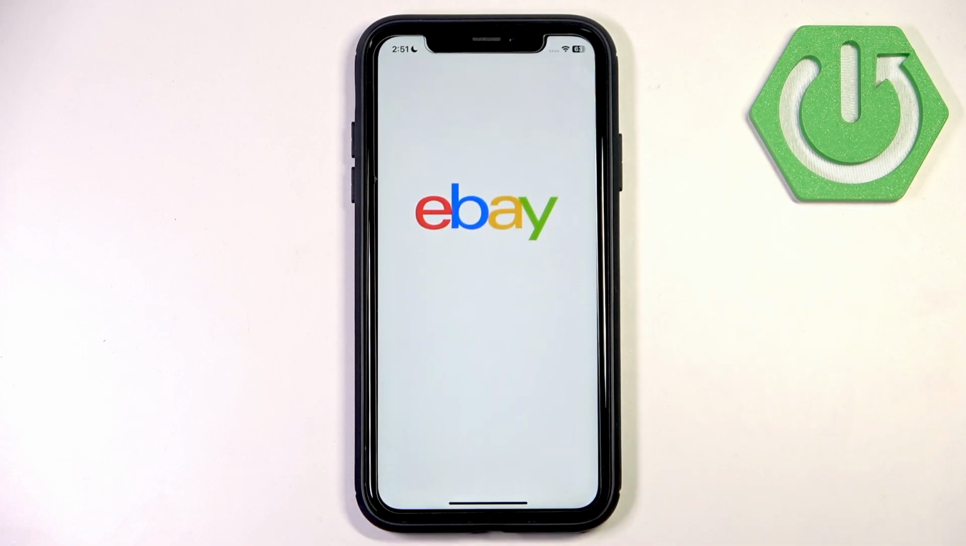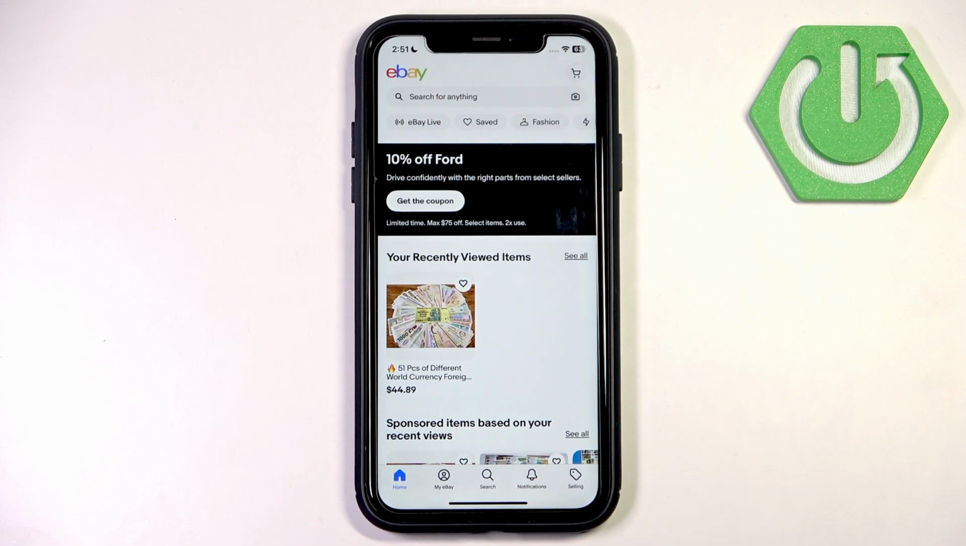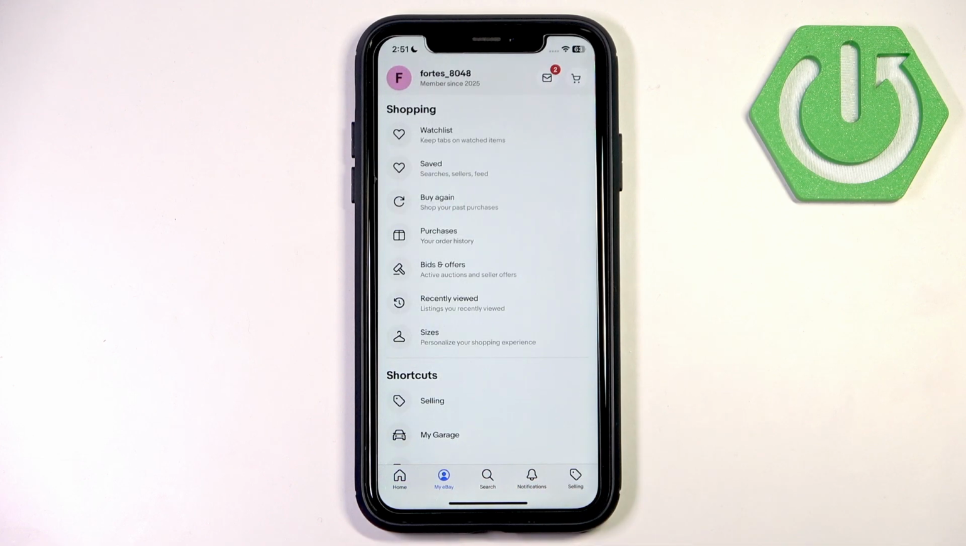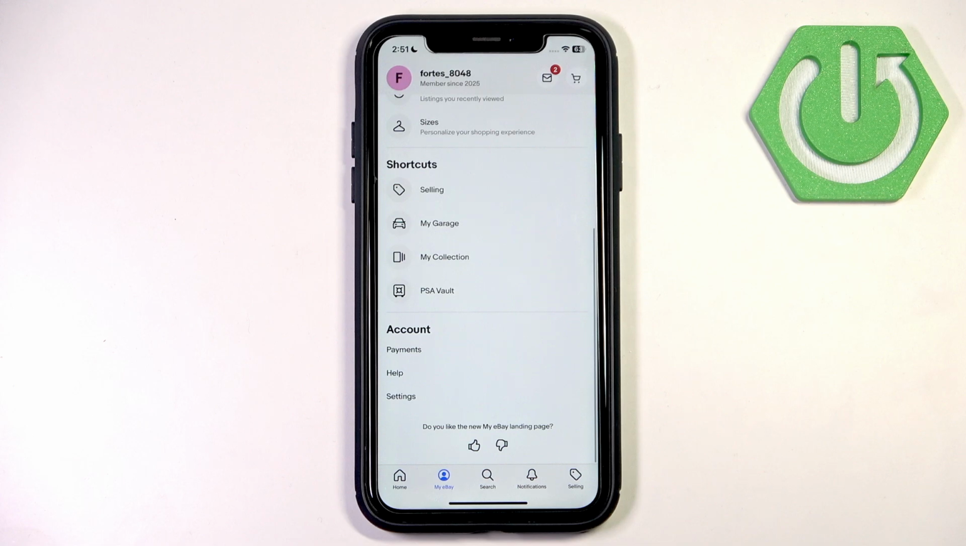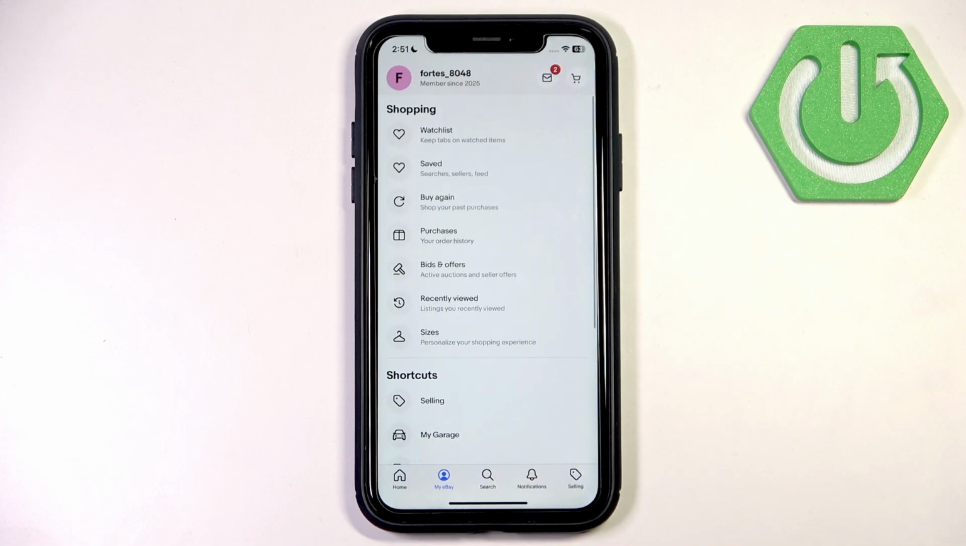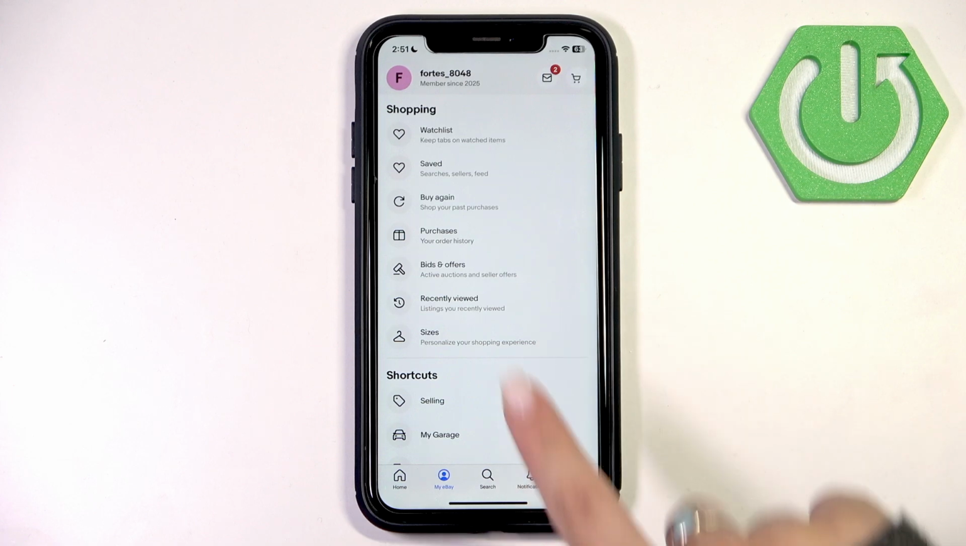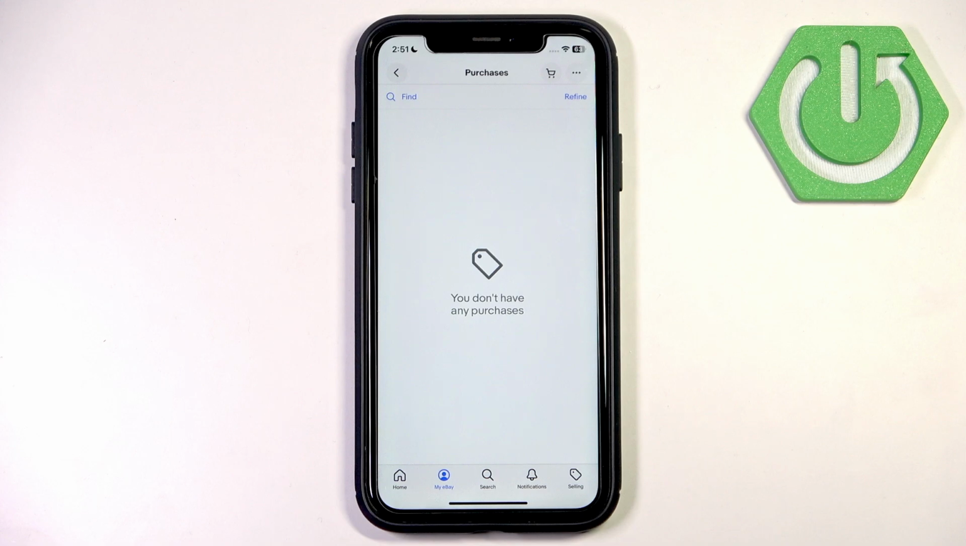So open the eBay application on your device and then navigate to the My eBay section that is located at the bottom of your screen, and then scroll down. Here in the shopping section you will see purchases, and here you can view your recent purchases, basically orders. As you can see, unfortunately I don't have any purchases, but if you listen to my instructions, I'm convinced that you can do that. So here find the item with the shipping issue and tap on it to open the